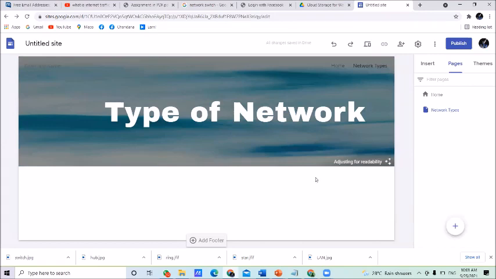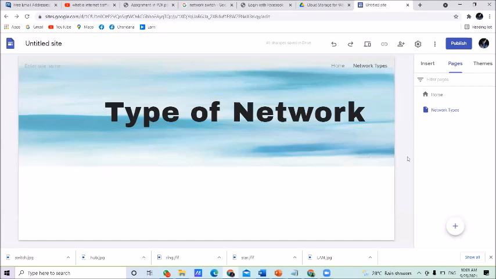For that type of network. Right. You can use this page to describe the types of network. You want to describe the types of network in this way. The first one under type of network: suppose you want to describe local area networks. Then insert a picture of a local area network. In front of the picture, describe what it is. Right. Example.